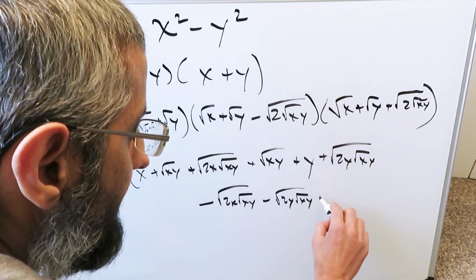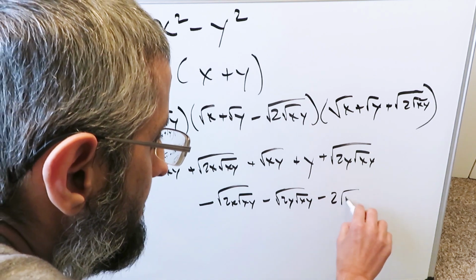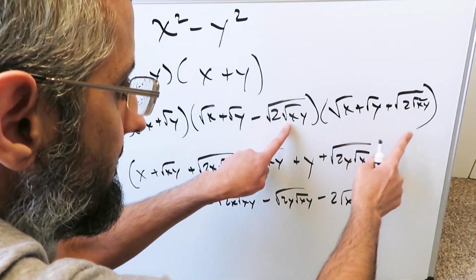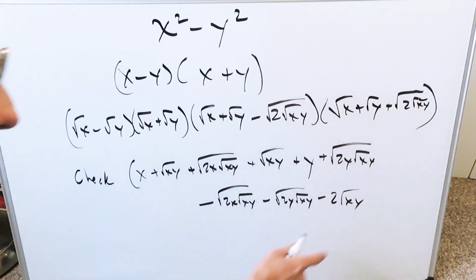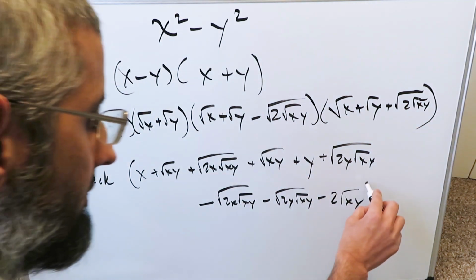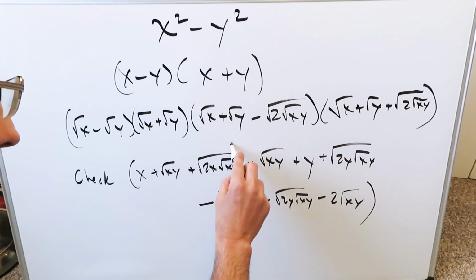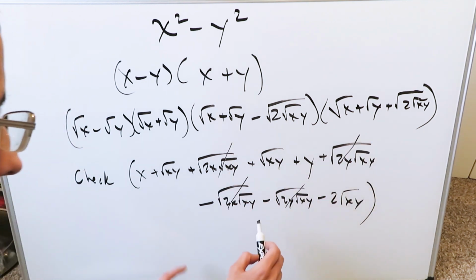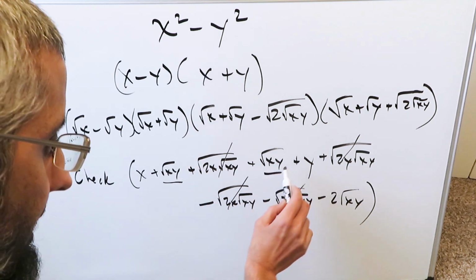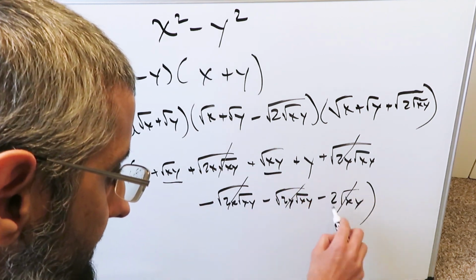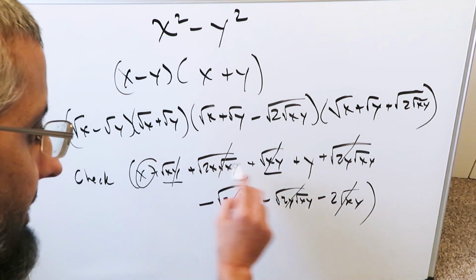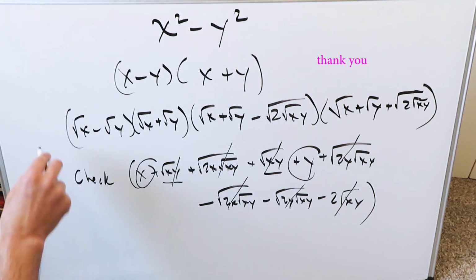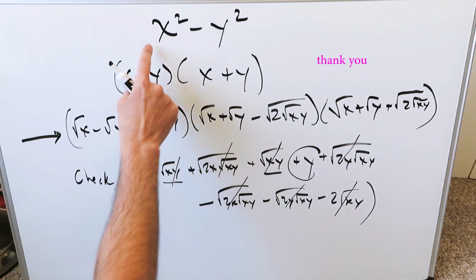And look what you will get. You'll have here a minus 2 root xy, because the root 2 and the root 2 have the same index of that root. The root internals have a different index. Now things will cancel out. Look what cancels out. This cancels out with its negative counterpart. This cancels out with the negative. You have here a root xy, which is a 2 root xy. It cancels out with that, the negative. The only thing which remains is x and y, x plus y, and we're done. We're good. This right here is your complete factorization of this